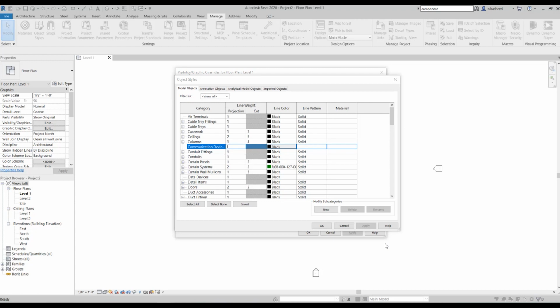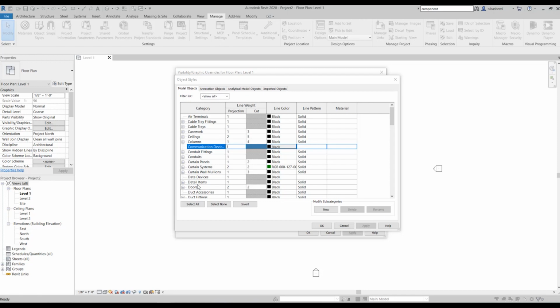So imagine that you set a material like wood, for example, for the doors category here. Okay, we have the doors category over here, but you may create a door and assign a metal material to that. Okay, so now which one will Revit use? The wood material that was assigned globally through Object Styles, or the metal which was assigned specifically to that element? Well, I should say assigning material by element takes precedence over Object Styles. Okay, so it is not that important to set the materials by category.